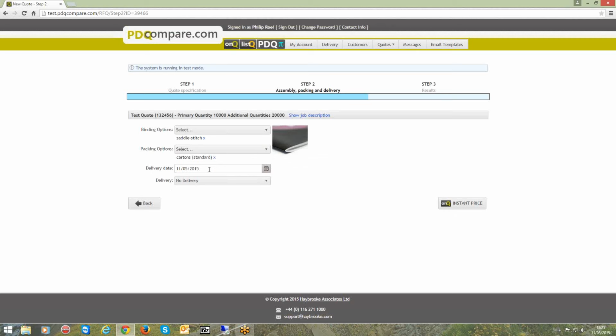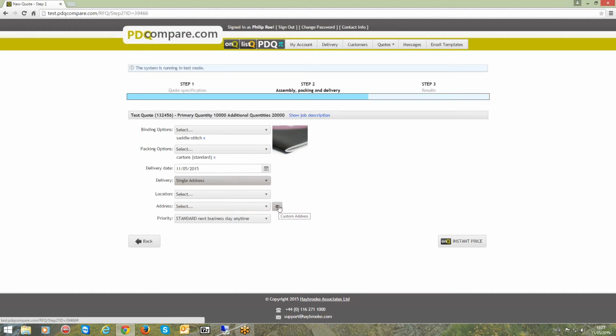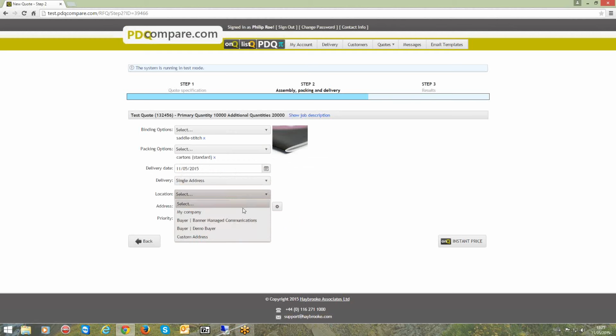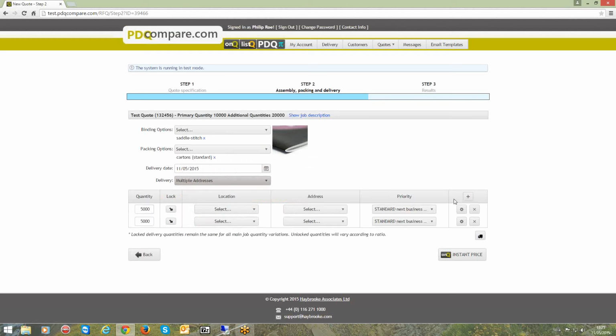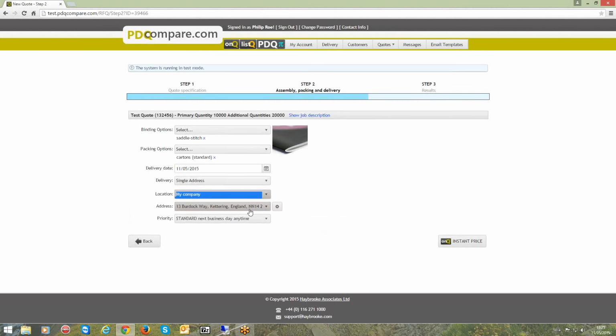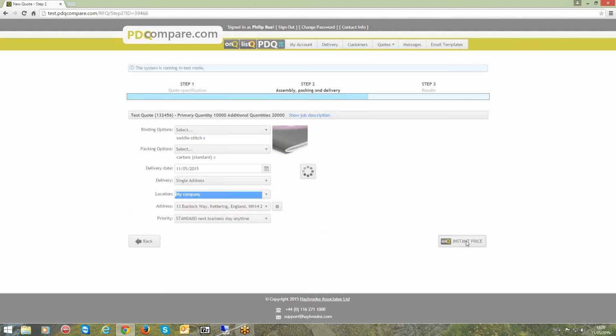Delivery date if known. If not, then that can just be left at today's date. And then if you want to test your delivery cost, you can deliver to either single, and the little cog there can add custom addresses if you want to choose something that isn't within this list, or you can choose multiple addresses where you can break this down and even add further deliveries, so you can look at breakdowns of deliveries over a single job. And then to test your pricing, simply click on onQ Instant Price,